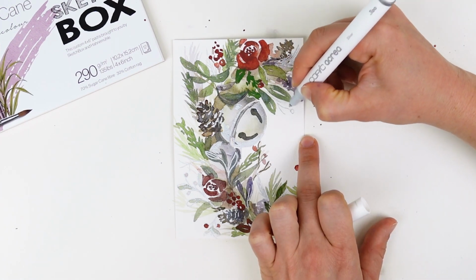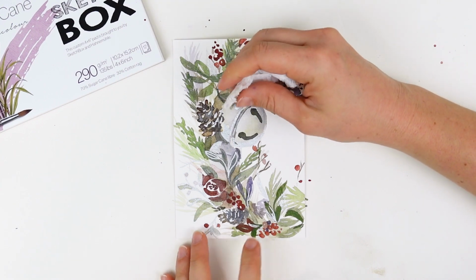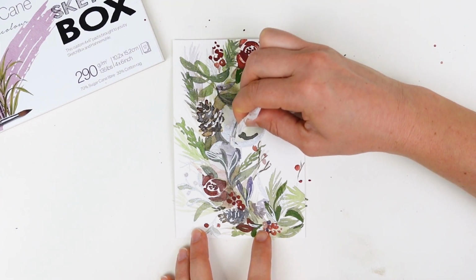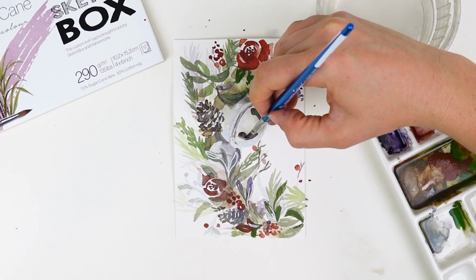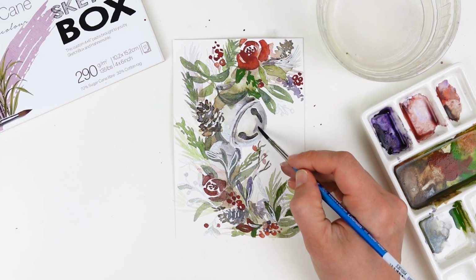I often start and end my pieces near the focal point, which for this piece are the jingle bells. I wanted a little bit more contrast in my jingle bells, so I grabbed a wet paper towel and pulled a little bit of the pigment off of the jingle bell. Then I came back in with darker darks, again a combination of orca and carbazole violet,